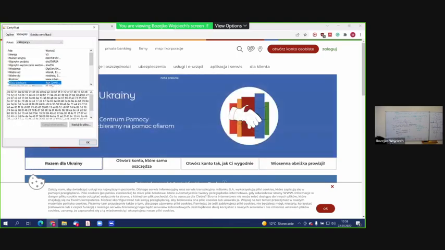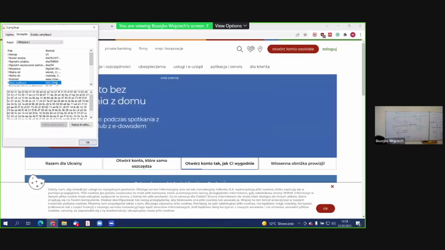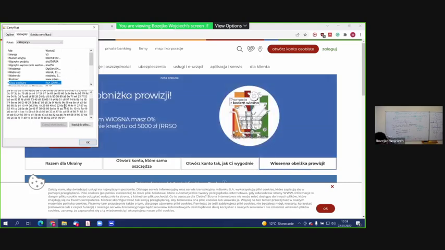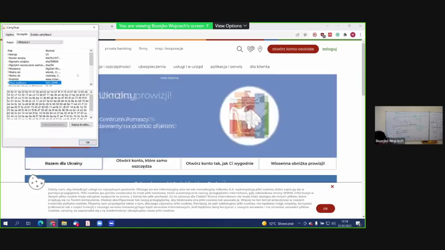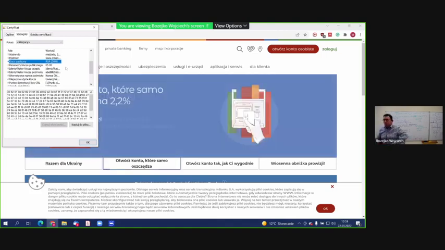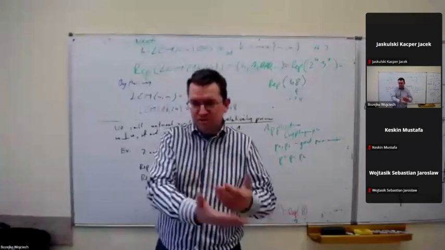You see 2048 digits. This means binary digits, but this is the size of the key. So this is the number of binary digits, 0 and 1, of the number. Of course, this is written here hexadecimally, but this is the kind of size which should be broken. So we should find a multiplication of numbers which have about thousands of digits. So in fact, this is the scale of the problem in such a case.